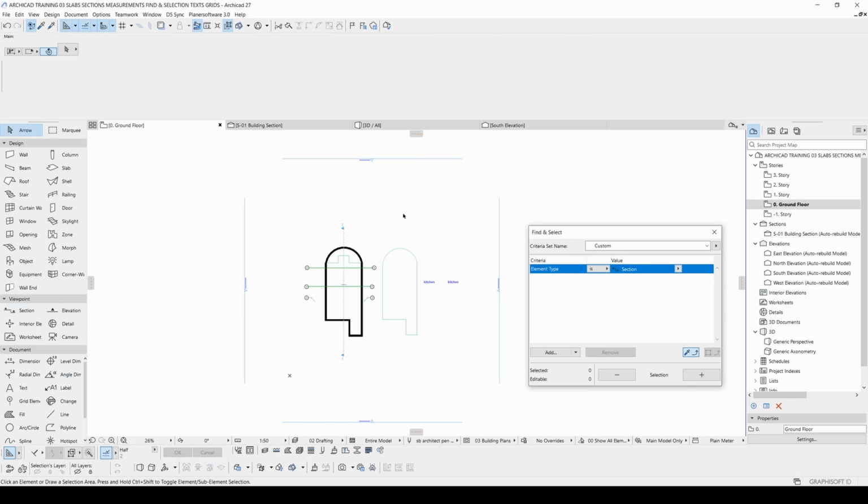Alright guys, in this lesson we have learned how to place slabs, how to use text, grids, and the find and selection tool. Next lesson will be very important because we will learn how to use columns, sections, and organizing tools such as